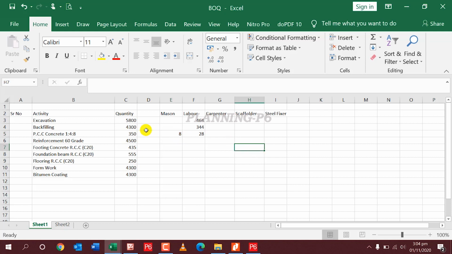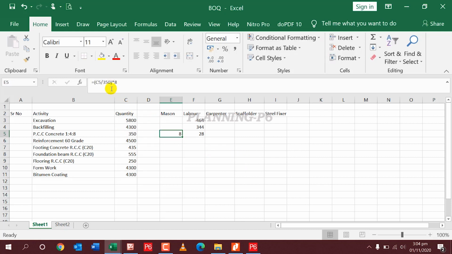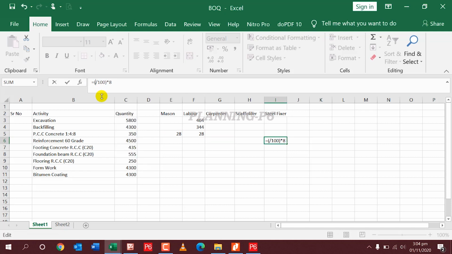Where productivity will be changed, because this is a small work, so I will add here 100. 100 kgs.